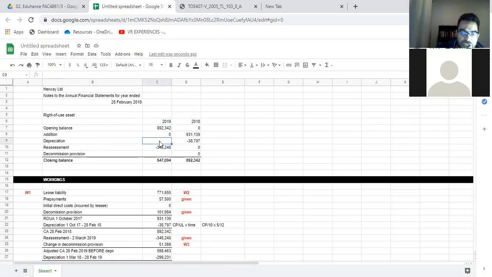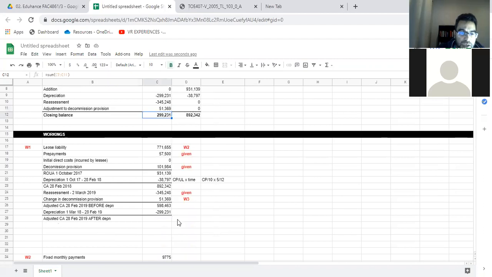We need to bring in depreciation. So depreciation for 2019 is at 299. We brought in the reassessment, right? And there was a change to the decommissioning provision. So adjustment to the decommission provision, and we're going to bring that in over there. Okay, so there we go. So if we have a look, that would be our carrying amount. So our carrying amount